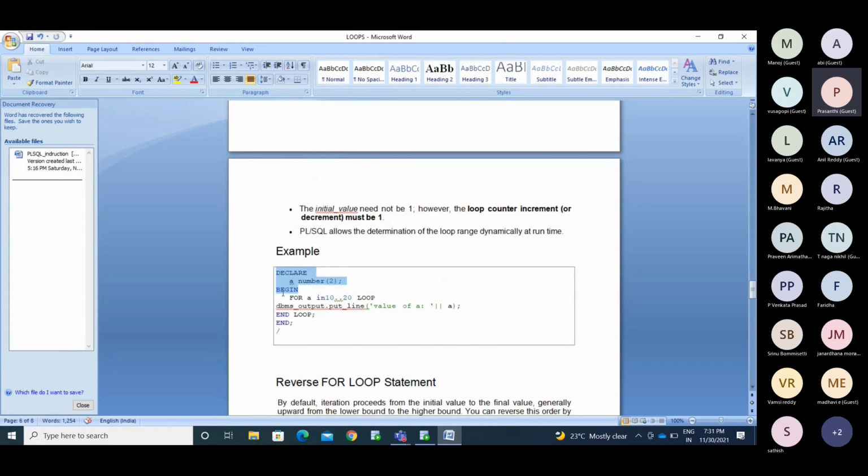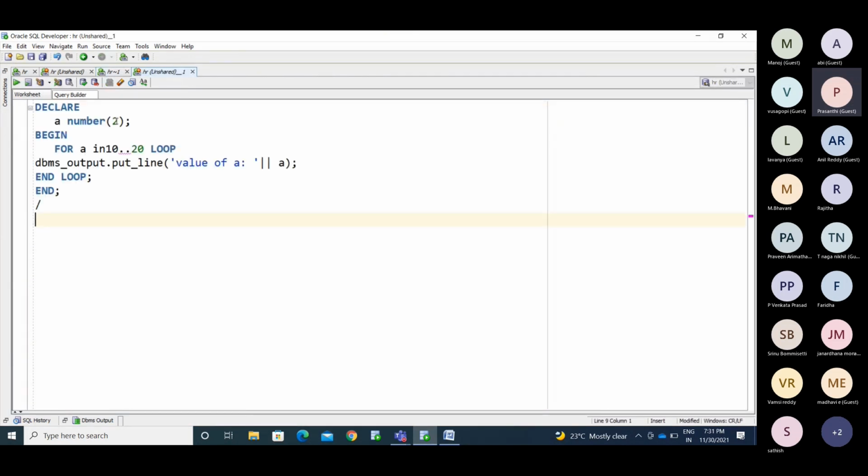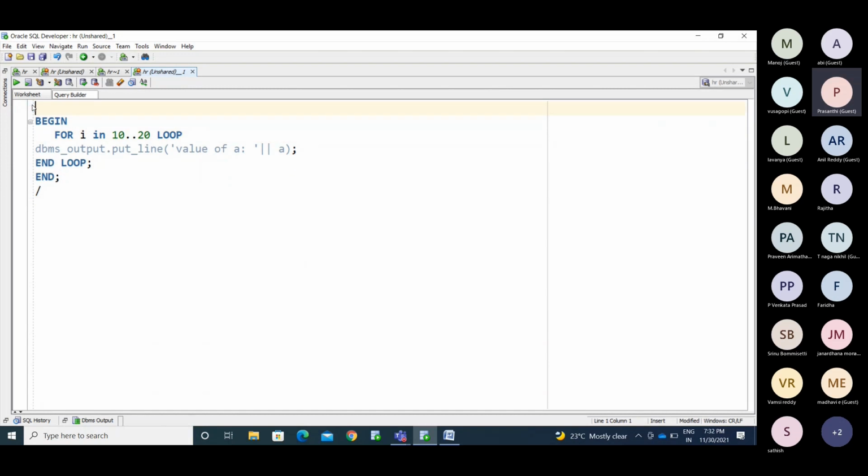This is the example we are going to use. Now I am starting a loop, printing the values up to 20. Here I declared number A as one variable, but you no need to declare this variable here. Simply write FOR I IN 1..20. I am removing this declaration, no need.